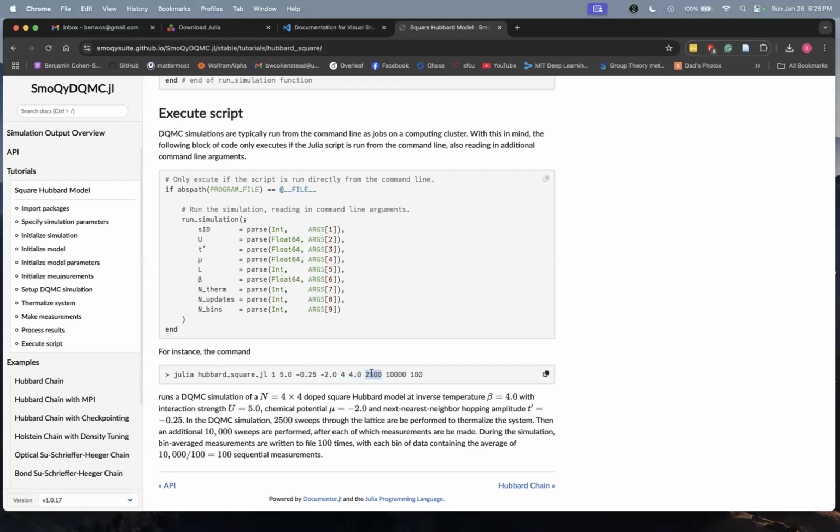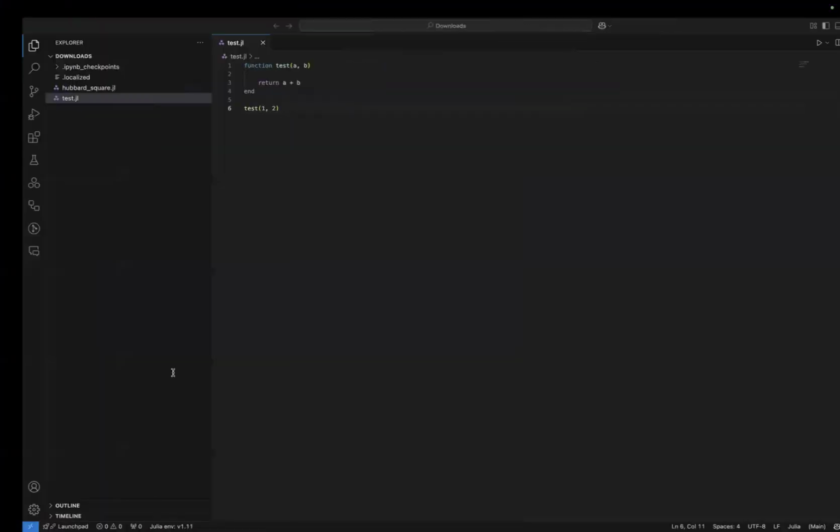We're going to perform 2,500 thermalization updates and 10,000 measurement updates, and we're going to write bin average measurements to file 100 times during the simulation. To really understand all of that, again, just take some time and read the tutorial. It explains everything I just described in more detail, but we're just going to copy this, move it over